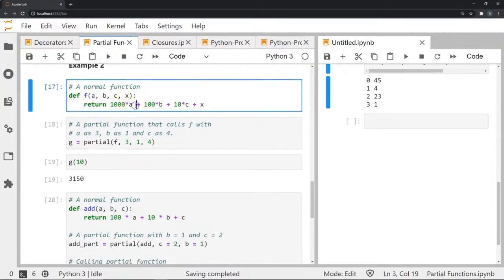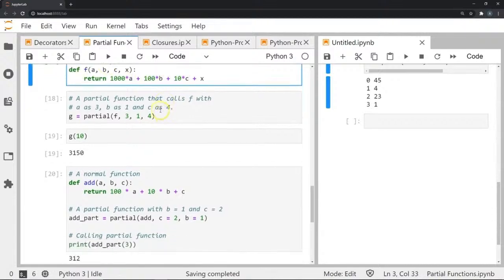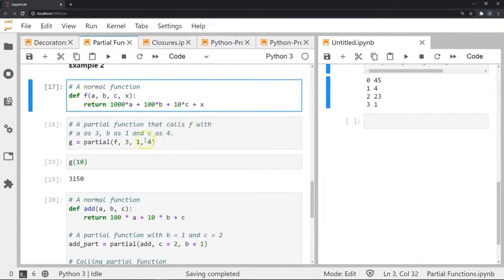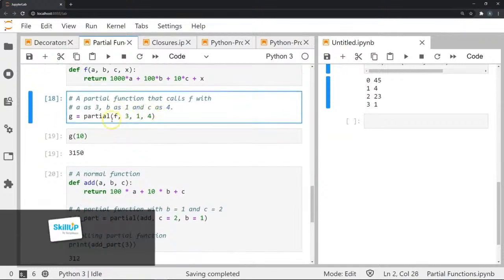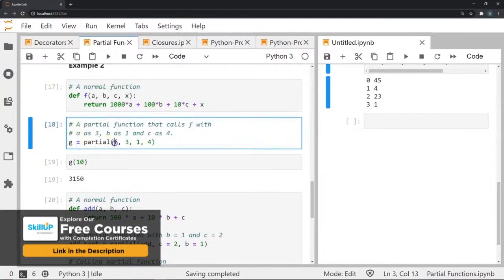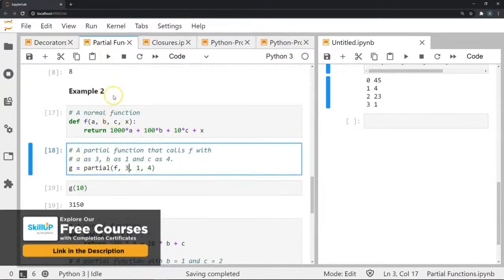So we're going to return 1000 times a plus 100 times b plus 10 times c plus x. Now we're going to create a partial function that calls this function, but it's going to use a as 3, b as 1 and c as 4 always, right? And so how we do that is basically g is equal to partial like this. So once we've executed these,